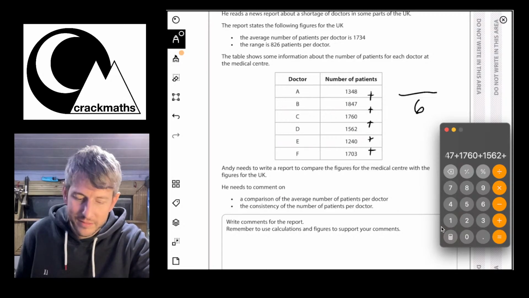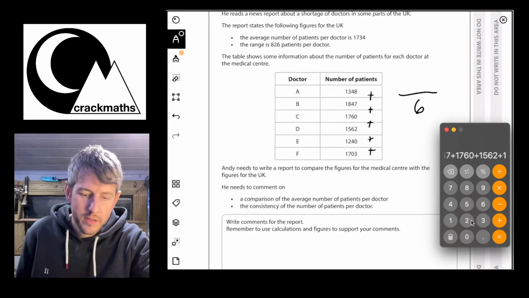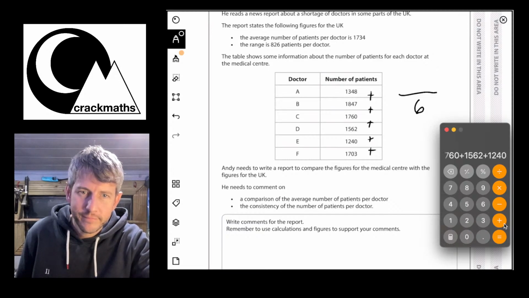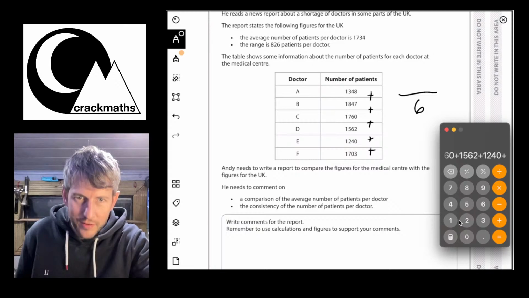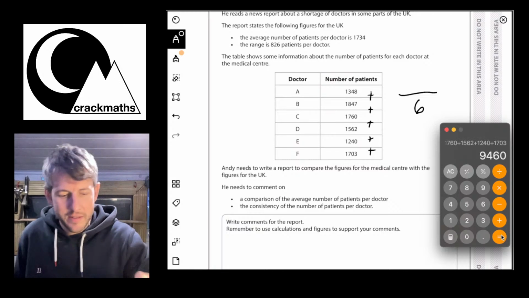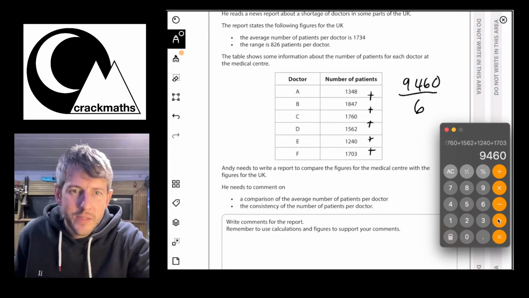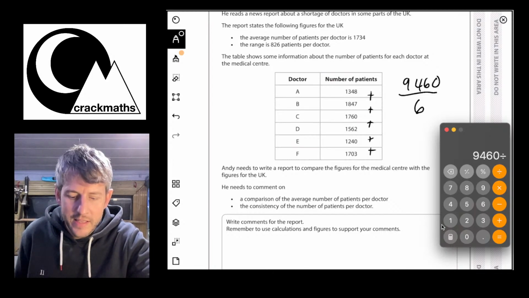So we've added all of those together, so that's 9,460. So if I divide this by 6, because there's 6 doctors there,